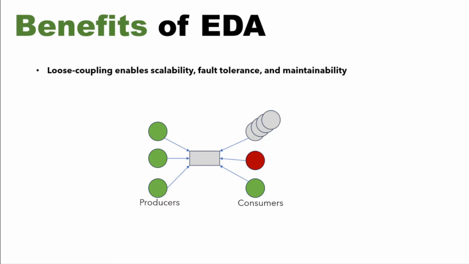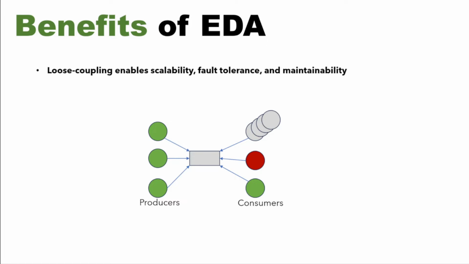There are also patterns that can be used to ensure that the failed component will still have access to the events that it has missed while it was down once it comes back up. Those patterns involve things like persistent storage in the event streaming architecture. Another great benefit coming from the decoupled nature of the architecture is maintainability. It is possible to maintain or to update a single component without affecting how the rest of the components of